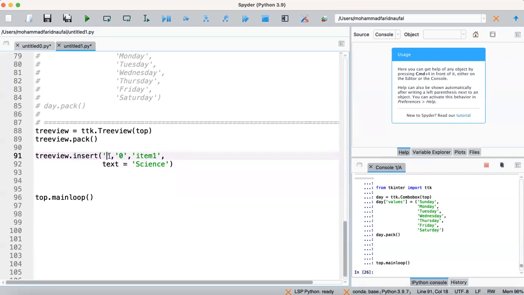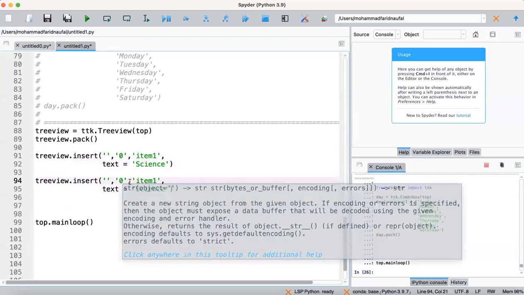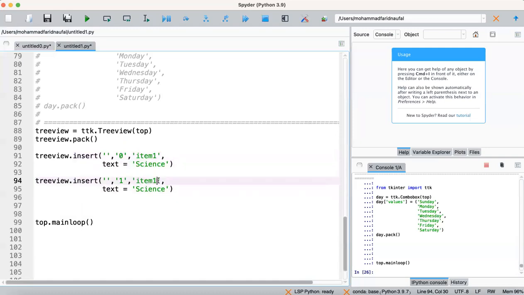So it will be no string. For the text science, we can just copy it. For the second item here, we change it into item 2, and item 2 is computer science. I will finish my code first, and I will explain it after this.